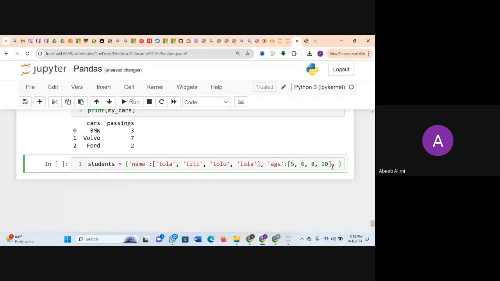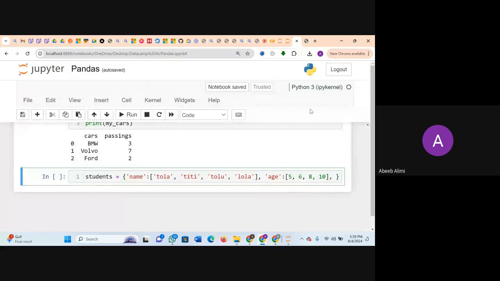So the last part is the state. What should I type? Hello, Mr. Sampson, are you still there? Yes, I can hear you. Can you help us to complete this data frame we are creating?